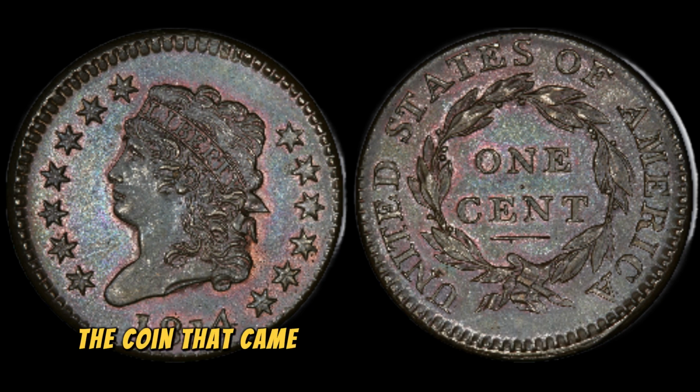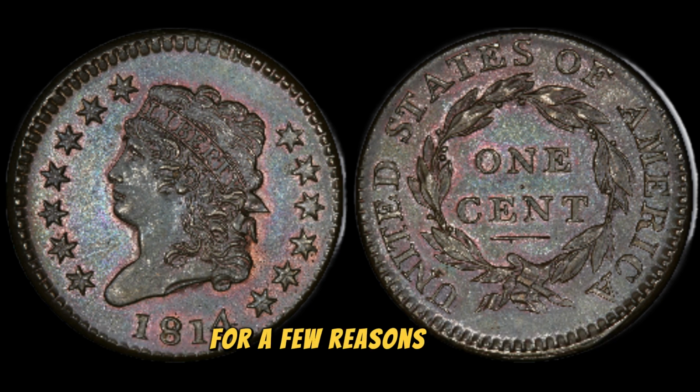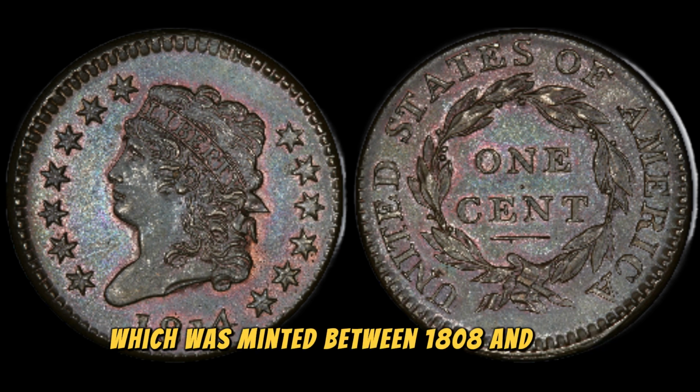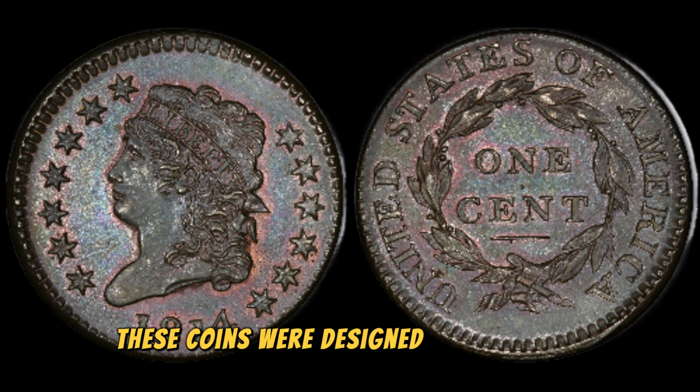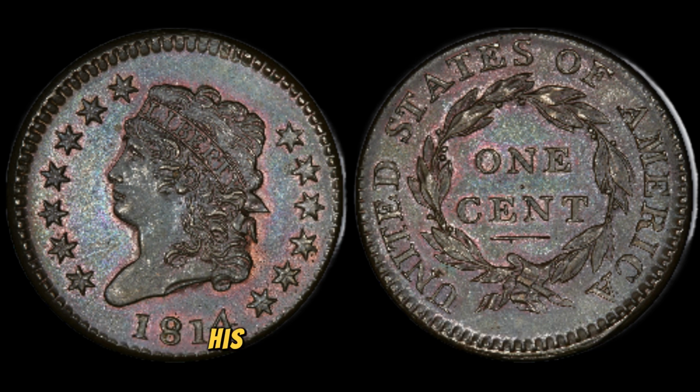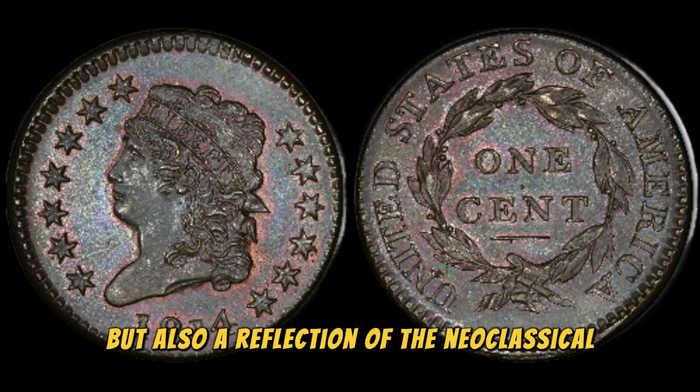Now, the coin that came out of that era was unique for a few reasons. First, it was part of the Classic Head series of pennies, which was minted between 1808 and 1814. These coins were designed by John Reich, a German-American engraver, who gave Lady Liberty a distinctive, classical look. His portrayal of liberty was not just a symbol of freedom but also a reflection of the neoclassical artistic trends